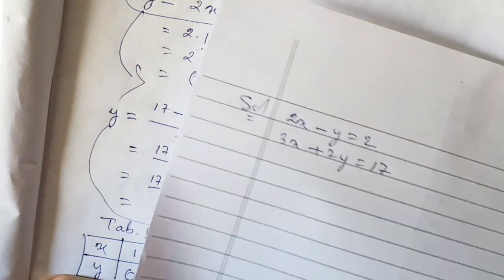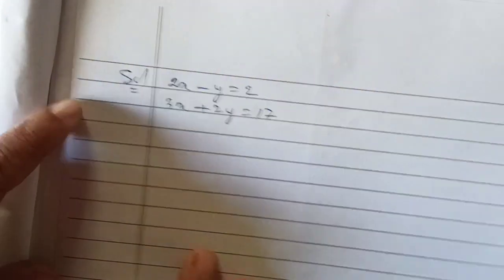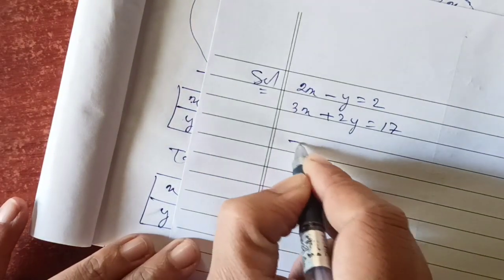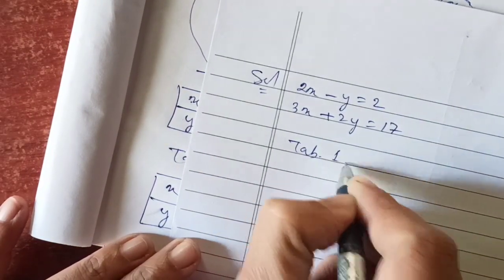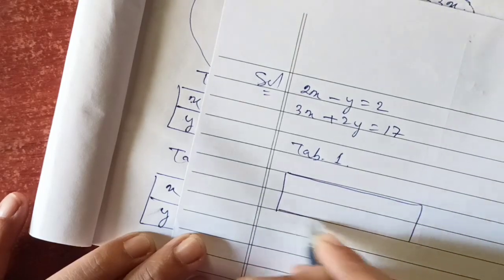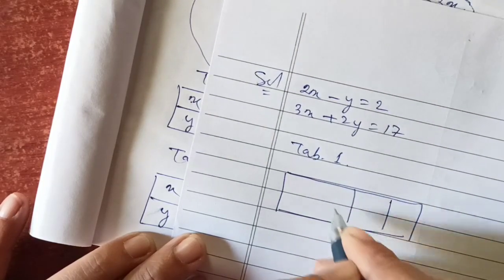All this rough calculation you do on the answer paper which we supply, then in the graph paper you write it down neat and clean. So table 1. Okay, let us write down